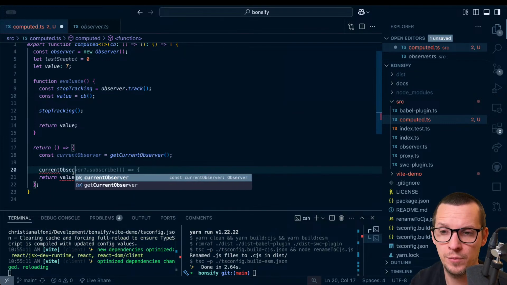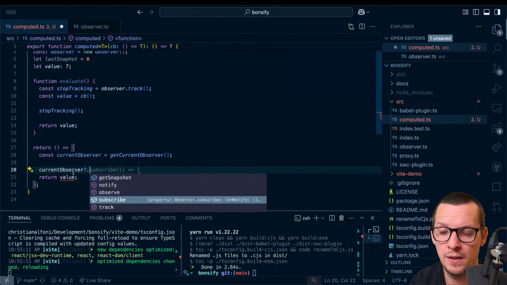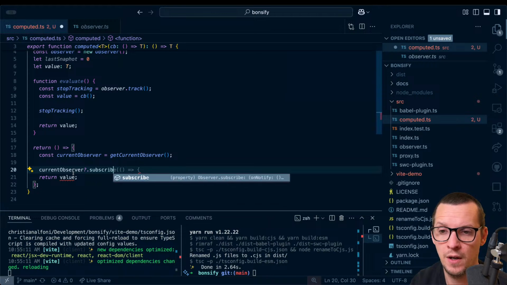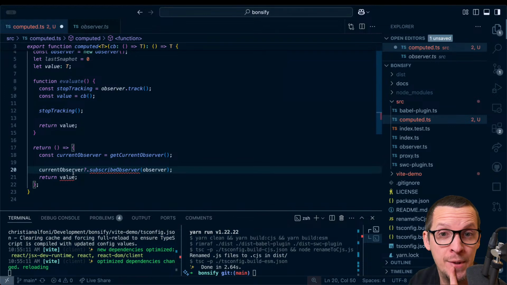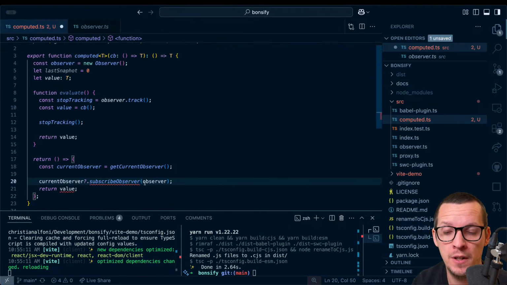If we had current observer, what if we could say subscribe observer, and then we say observer. What's gonna happen now is that the observer is gonna subscribe to it with a notify, but when the current